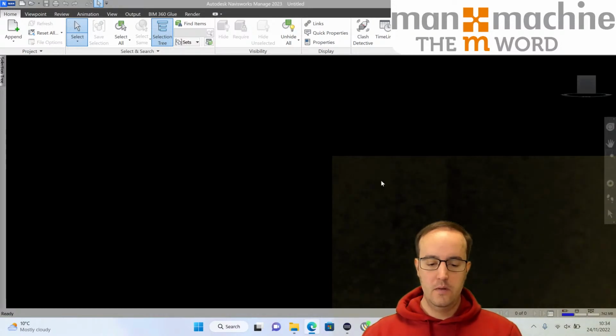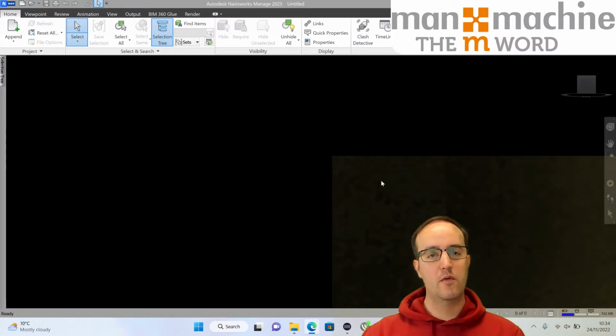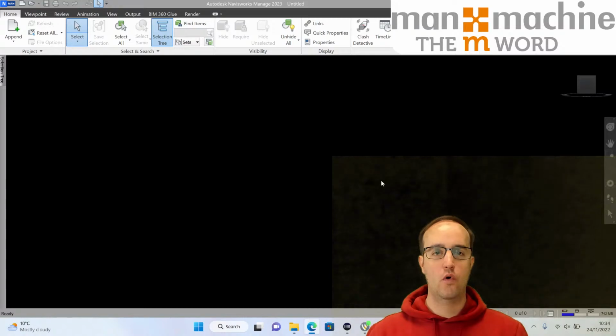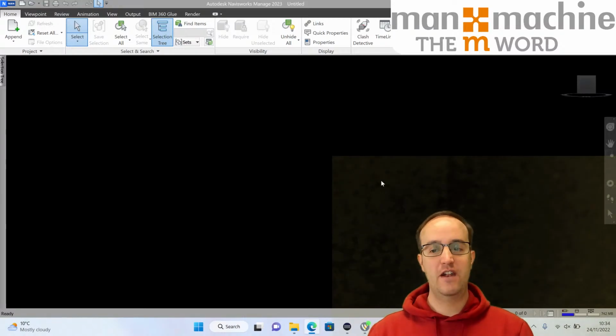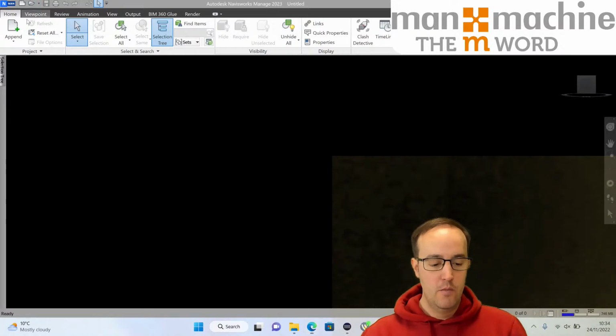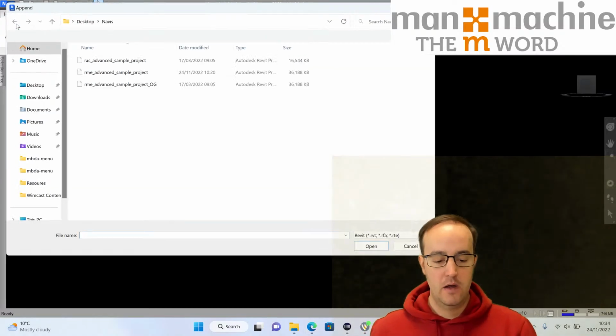So what we're going to do first of all is just talk about how we can append and federate a model. So Navisworks is a completely independent platform. And what we have to do first of all is bring in our models that we want to collaborate or coordinate to create a federated model. To do that, once we've got Navisworks open, we just go ahead and hit the append button on the top